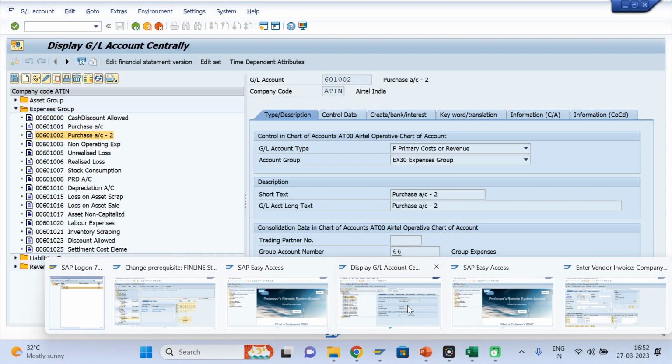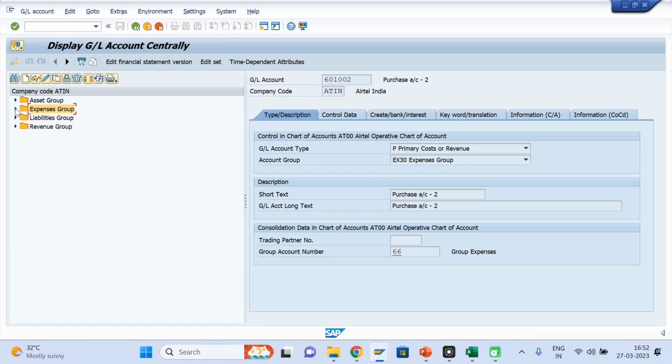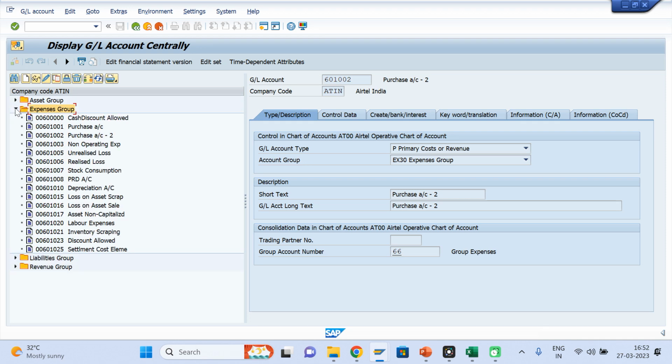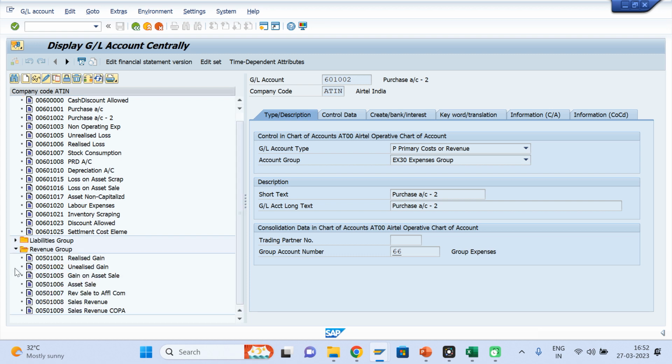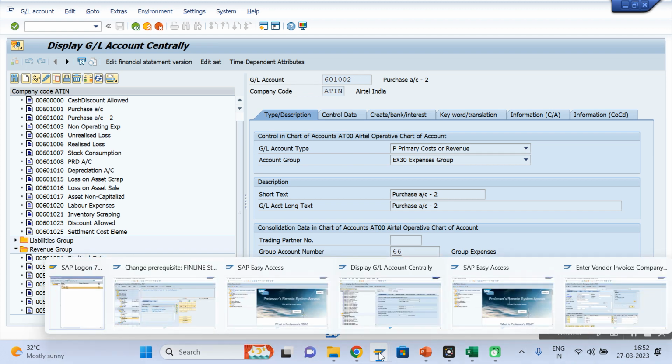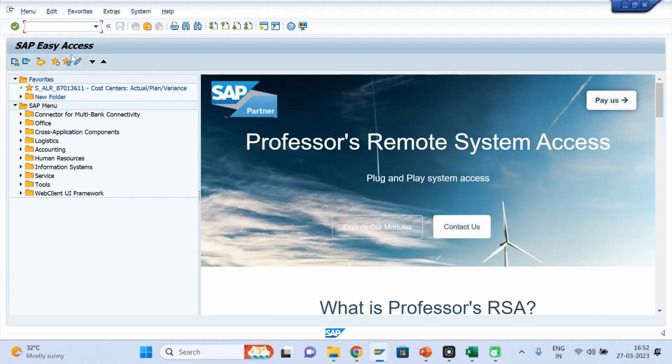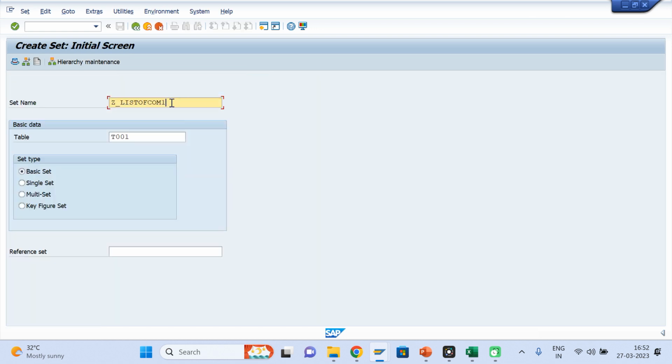So for example, I want to create the list of the GL, but inside the set I want to create two different sets. One set for my expense list of the GL, another set for the revenue list of the GL. So I'm going to create two sets. So GS01, and I'm writing here expense GL,